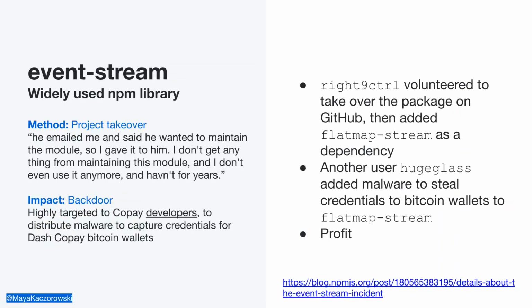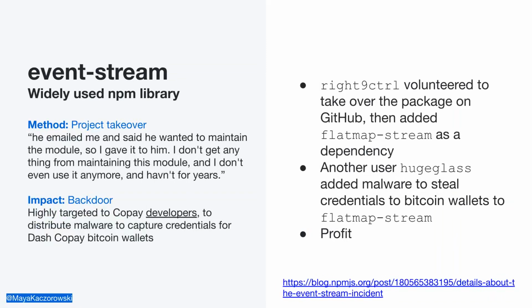This was discovered in late November 2018, meaning this dependency and malware was running for almost 2 months before it was discovered. Now, fortunately, this actually wasn't that bad. It was bad that we didn't find it sooner, but this was an extremely targeted attack. The malware looked to see if the host was a developer for a particular type of cryptocurrency wallet, the Dash Copay wallet. If the host was, it then inserted additional code to be distributed to end users.